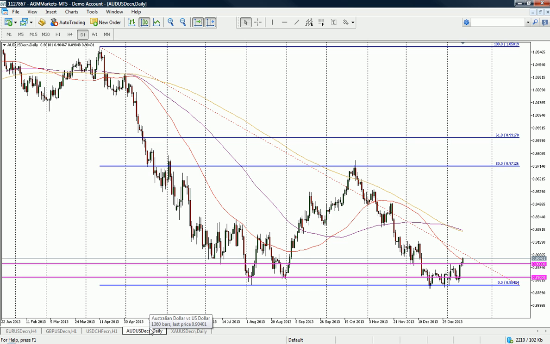Okay, that's Swissy, let's have a look at the Aussie dollar. The Aussie, I've left the same chart as we had going to the end of last year, because nothing has changed on this daily. We've spoken about this lovely fib for a long time here. We put the low in, came back up, a lovely daily reversal candle off this 50% retracement. We ground lower and pretty much took out this 0% line. But you can now see that the 0% line is now acting as the key line in the sand,